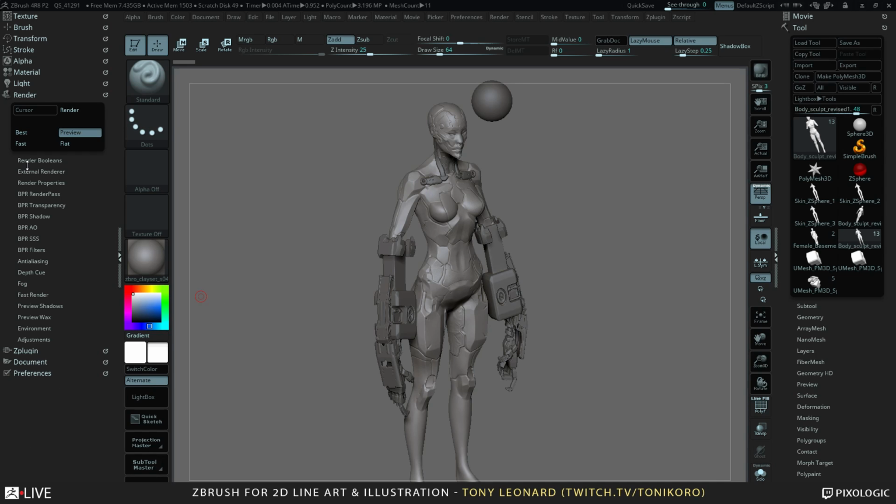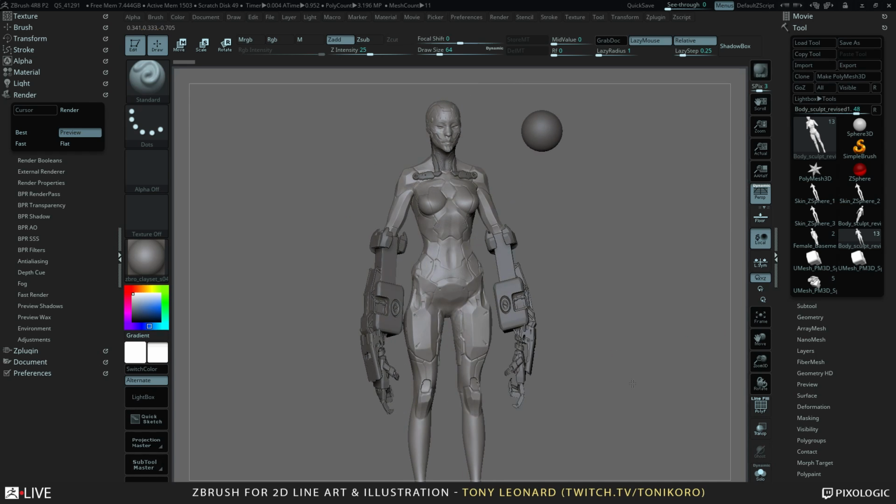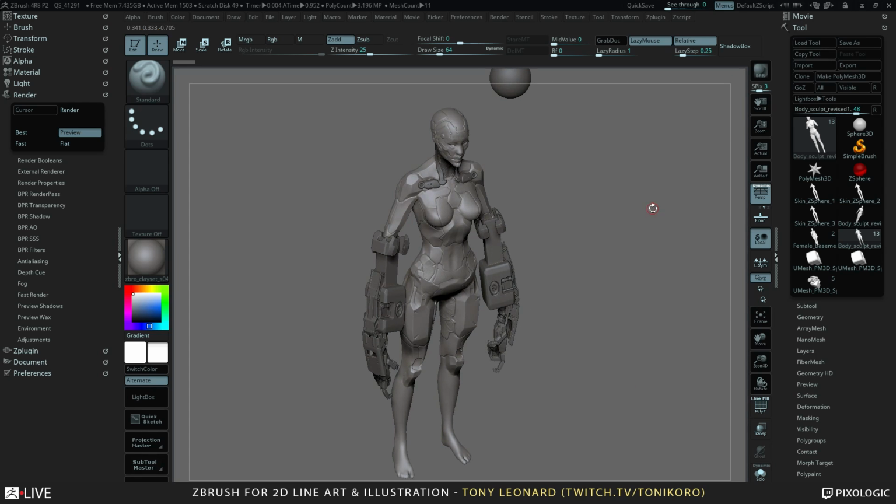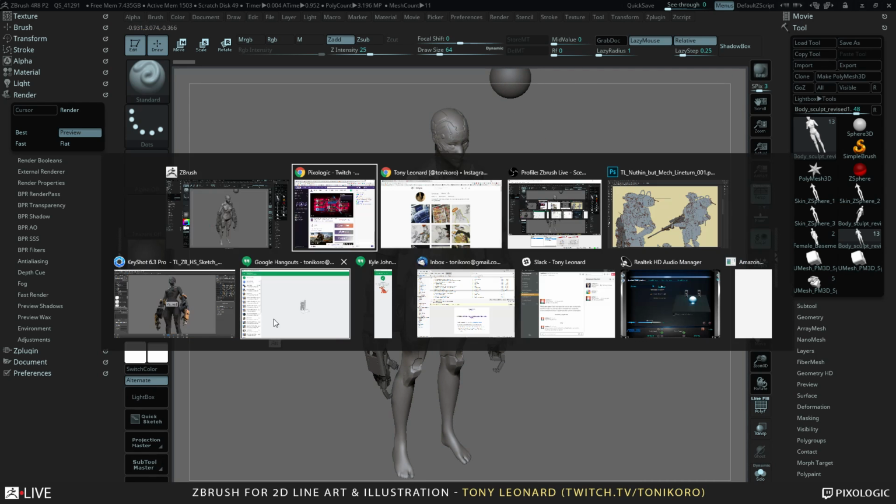In fact, in a previous demo, I illustrated sort of a 2D line art workflow. And at the time, I created a BPR, and out of that BPR, a lot of it came down to using some of the render properties and the material, and I copied a shader that looks exactly like comic book line art. I think today what I'm going to try to do is go ahead and maybe do a render in KeyShot really quickly. So I'm actually going to skip over here